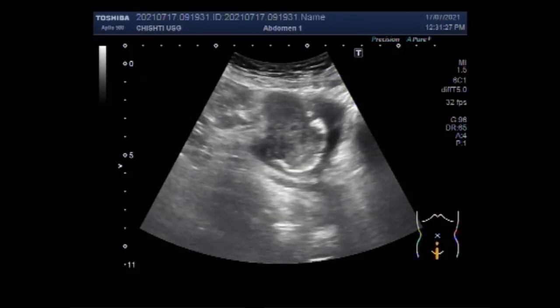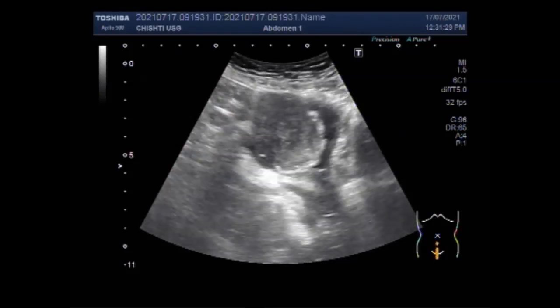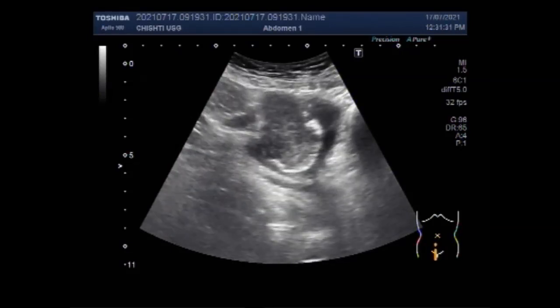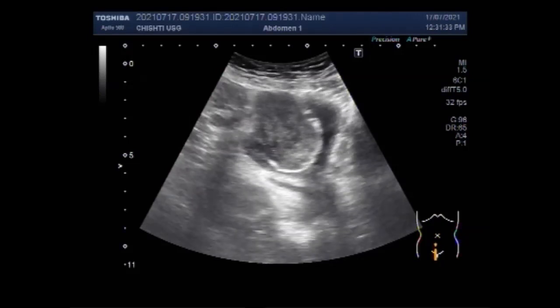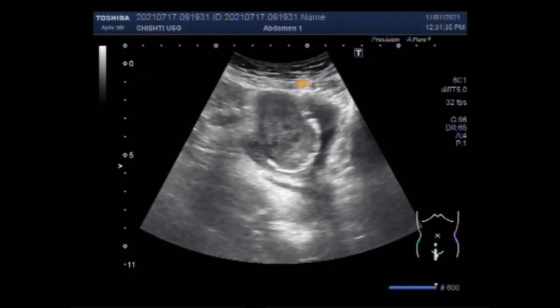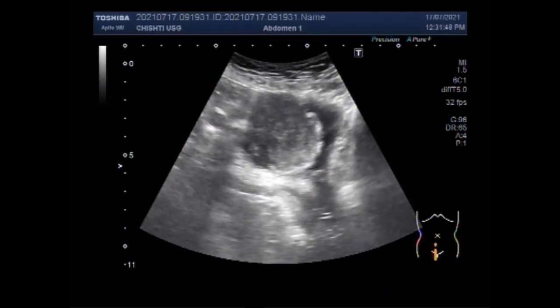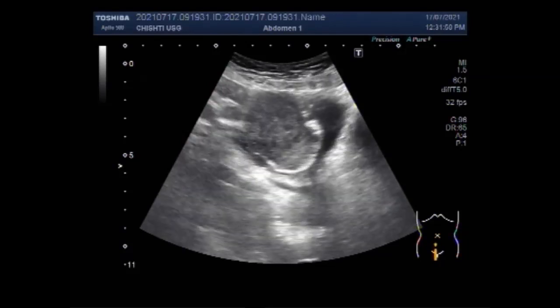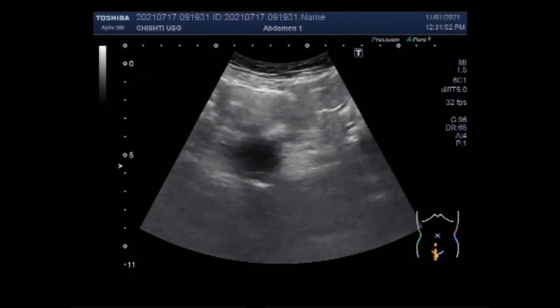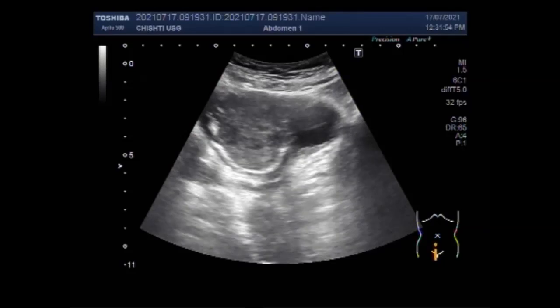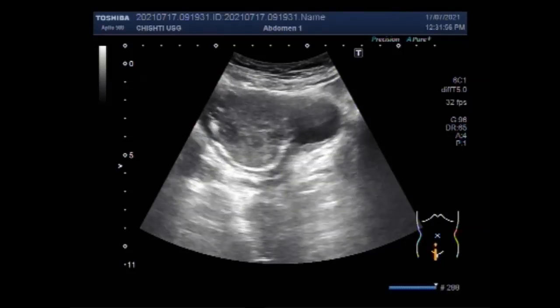Now you can see the urinary bladder showing a large growth along the left lateral wall of the urinary bladder. This is a large mass, round to oval in shape, is semi-solid to solid in consistency and has a rich blood flow in its interior. You will see that later on in this video.